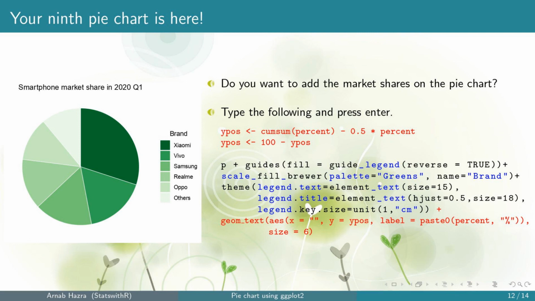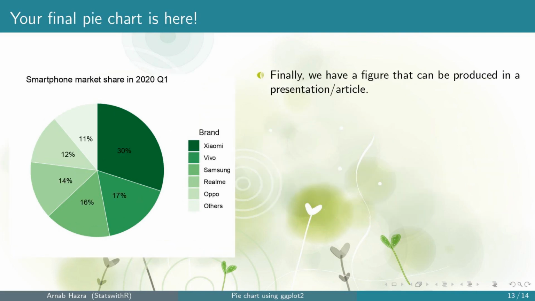This will create a vector of characters 30%, 17%, 16%, etc. And outside aesthetics, set size equals to 6. This increases the font of the texts. So choose a number according to your requirement. Now press enter. Okay, you get your final pie chart.